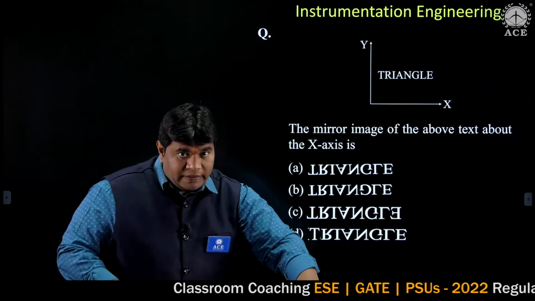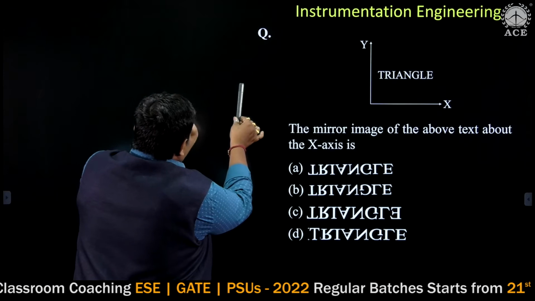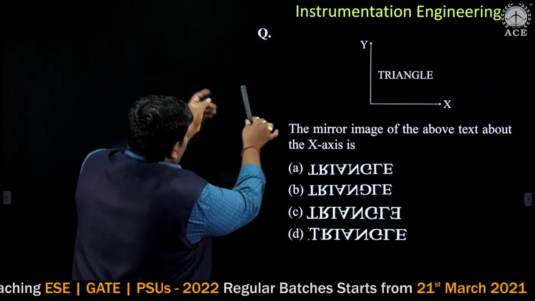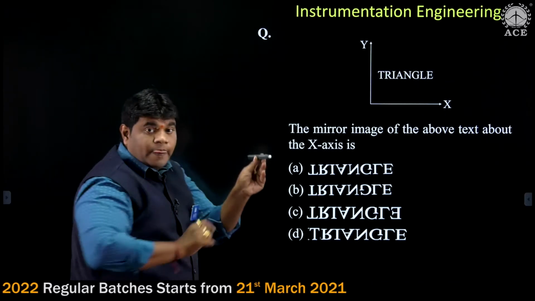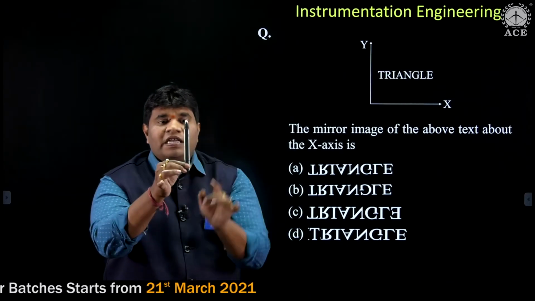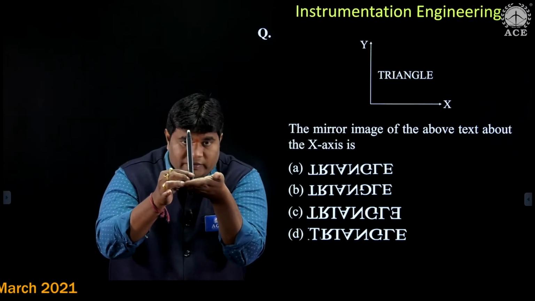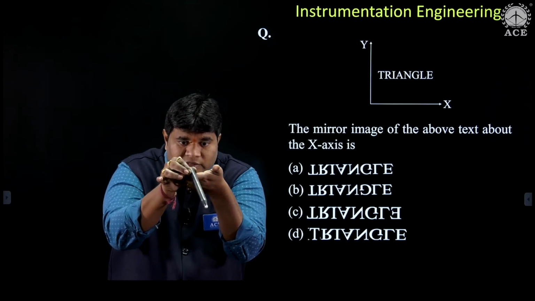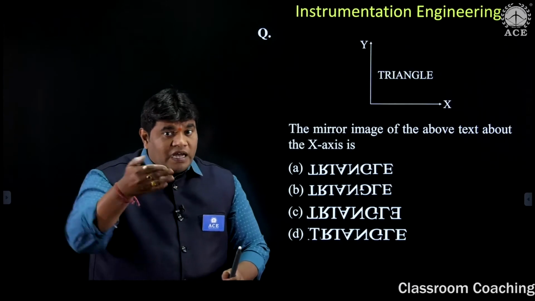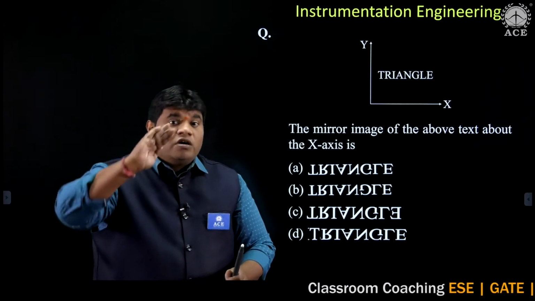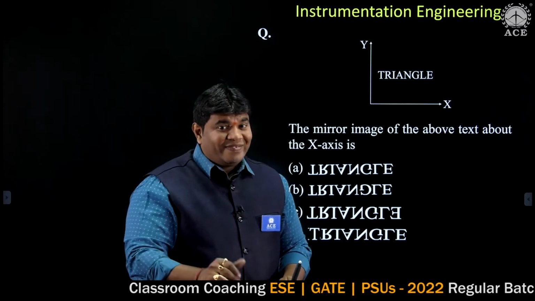Water means it is on land. With a mirror, any object, suppose we take the mirror, left becomes right, right becomes left. Suppose here top becomes bottom, bottom becomes top. Got it, all of you? Observe. Here the nib is at the top, water or mirror, whatever it may be, then in the image the nib is at the bottom. So mirror image with respect to the x-axis means top becomes bottom, bottom becomes top. That is the logic. Got it?